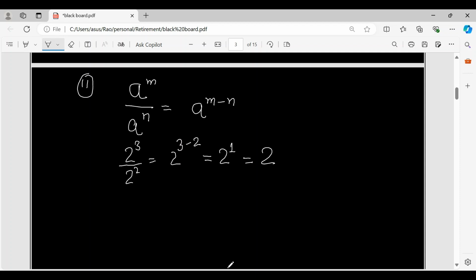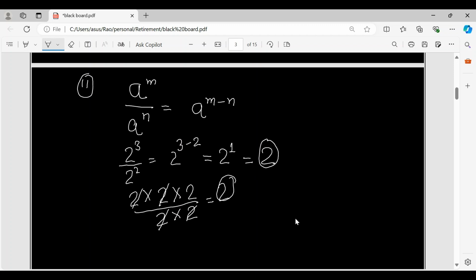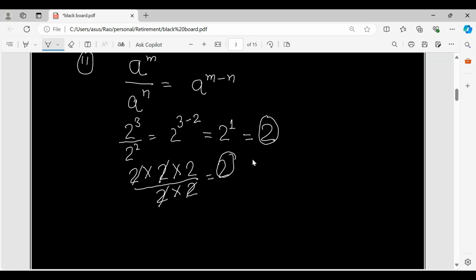Yes, and I'm going to prove that 2 raised to the power 3 can be written as 2 multiplied by 2 multiplied by 2, and that will be divided by 2 raised to the power 2, 2 multiplied by 2. So 2 cancels 2 and here 2 cancels 2. So our final result will be 2, and this 2 and this 2 are the same. So we have proven